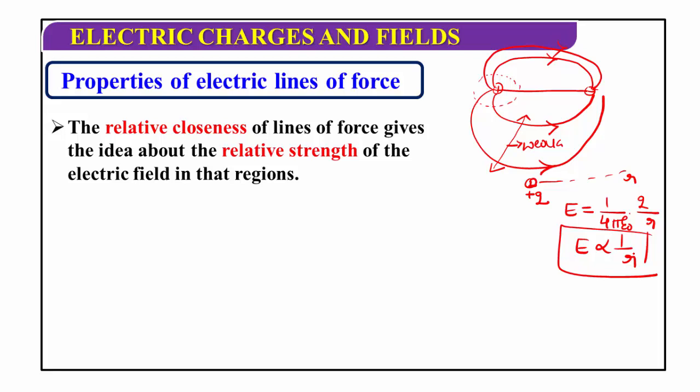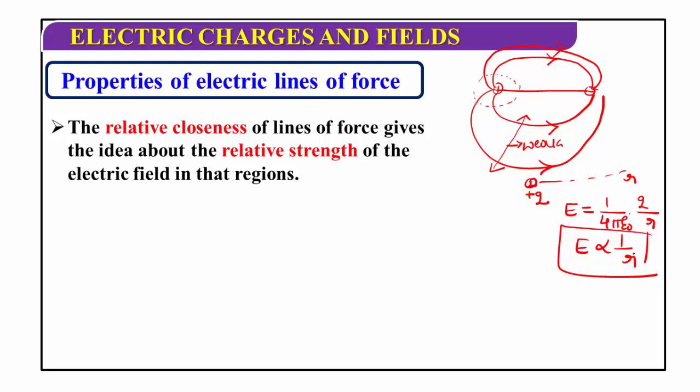Where you are going to calculate the electric field at a point P at a distance r, if the distance increases, the electric field E decreases. If the distance decreases, the electric field increases. The electric field is always inversely proportional to the distance at that point where you are going to calculate it. This property explains that where the electric field lines are very crowded, that region is called a strong electric field. Where the lines are less crowded or far away from each other, that region indicates a weak electric field. These are the simple properties.